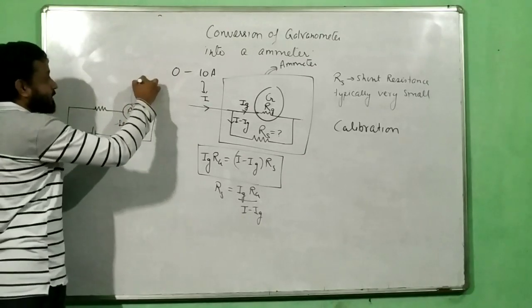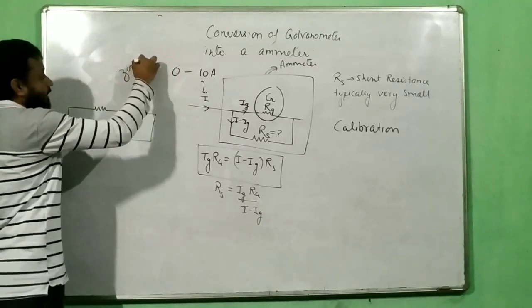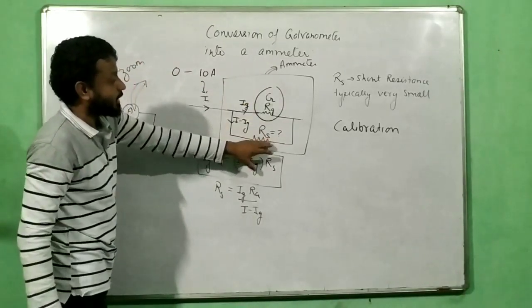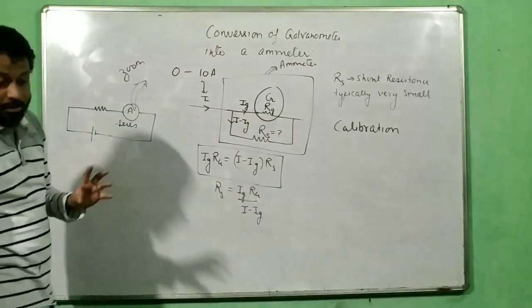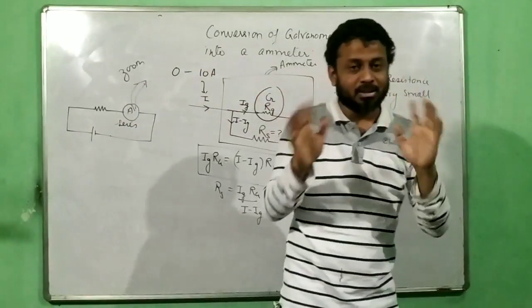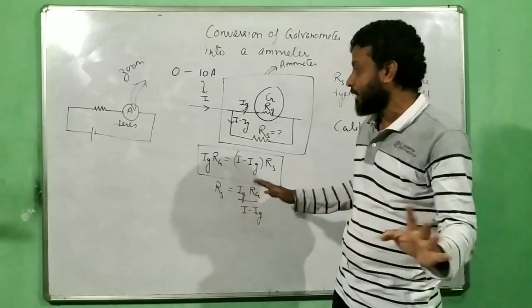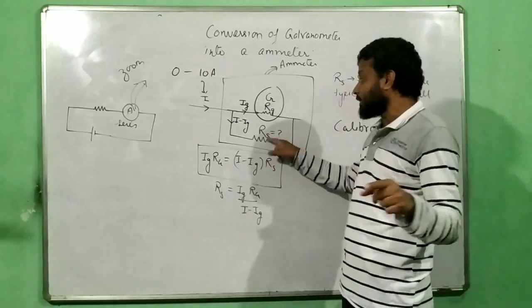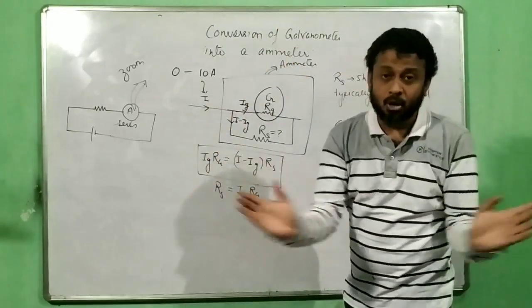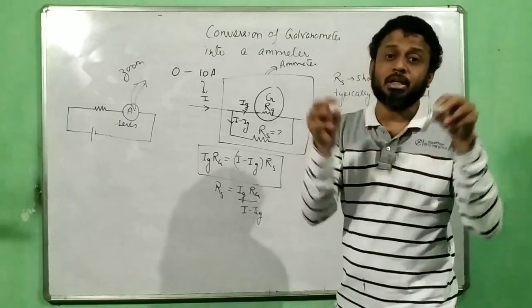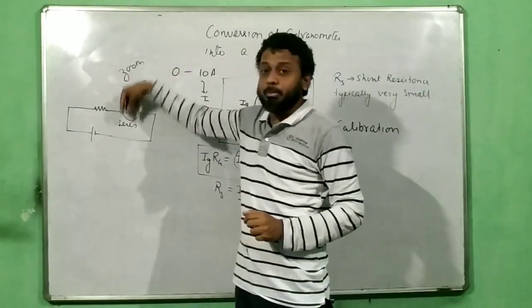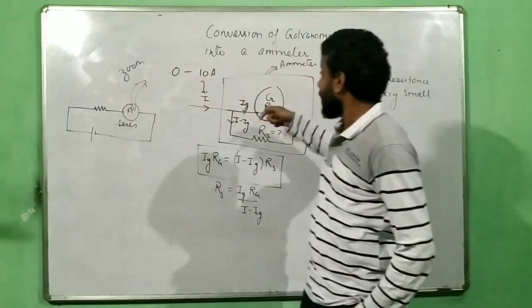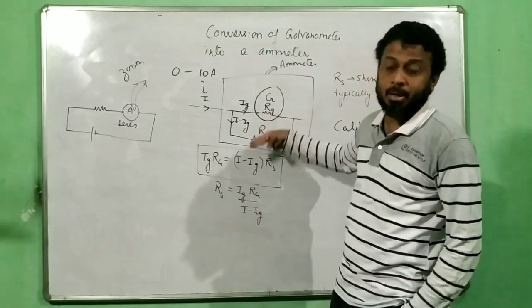But if I zoom this, inside this ammeter what I have? I have a galvanometer with a shunt resistance in parallel. So students get confused, parallel, series. So make it very, very clear in your mind. To convert the galvanometer into ammeter, you have to connect a shunt in parallel. Done. Once you have got the ammeter, now you have to put this ammeter into the circuit. So into the circuit it needs to be placed in series because series current remains same. So inside this ammeter you have galvanometer and shunt, both are in parallel.